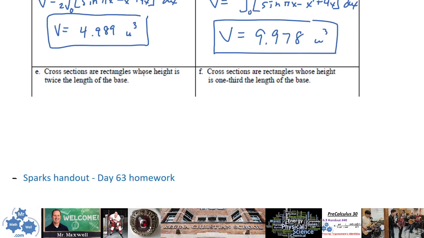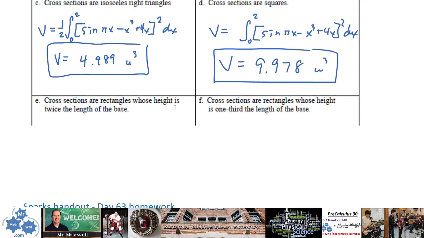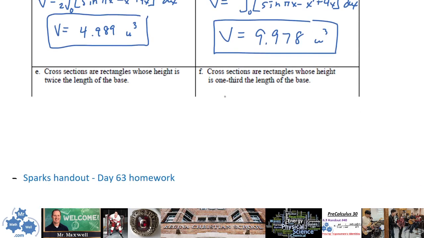Cross sections are rectangles whose height is twice the length of the base. Okay, so that's interesting. The height is twice the length of the base. So if we have a base like this, we have a height that's twice as tall. So these are really, really tall rectangles, okay? Really tall rectangles. And in order to understand this, possibly might be a good idea to write something like this